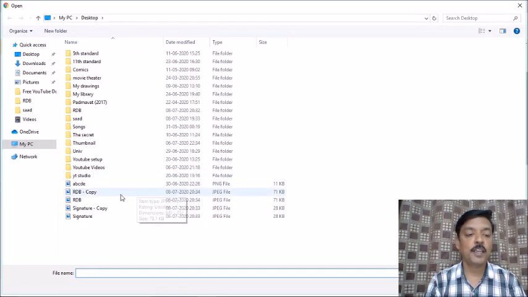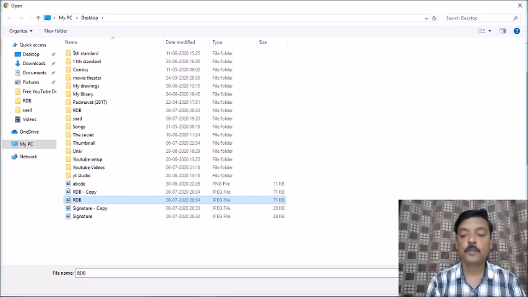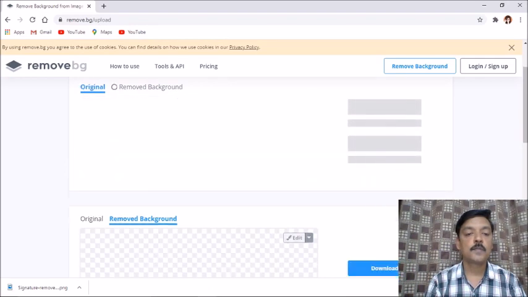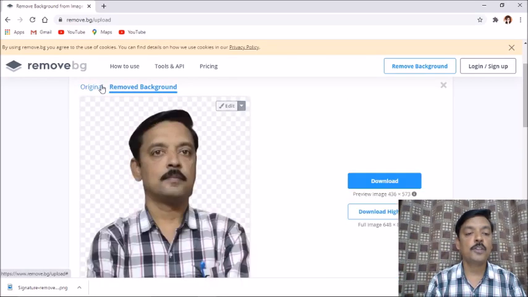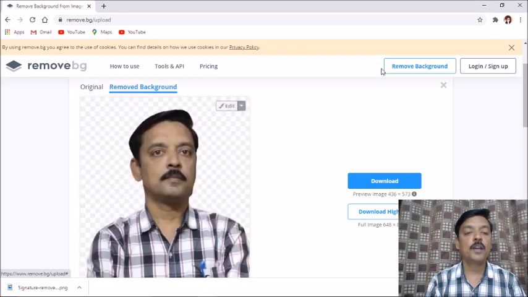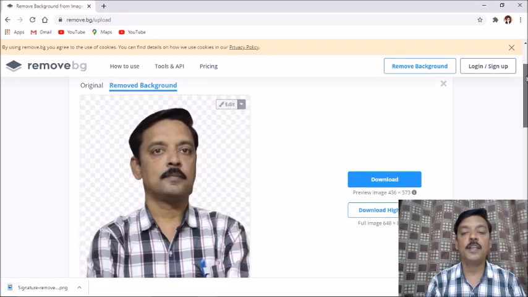Now I'll choose another image, of course a photograph of mine. So you can watch, this is my original image, and the moment I click on the remove background option, the complete background of that image is getting removed.